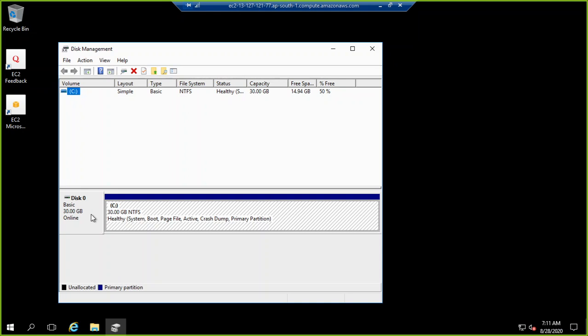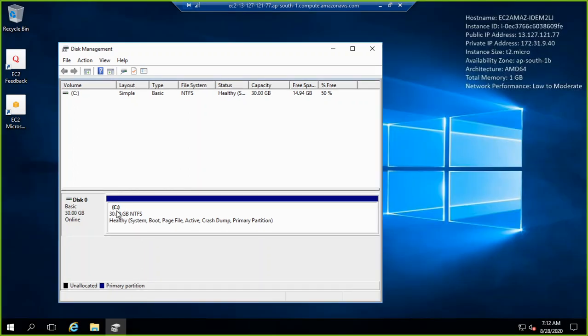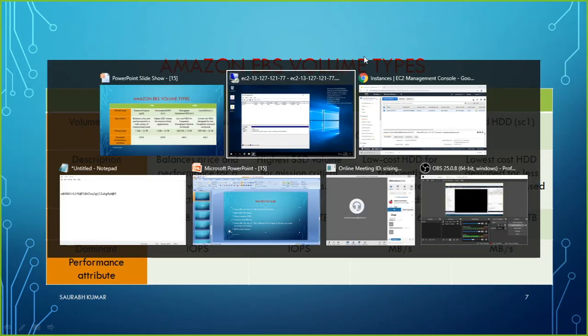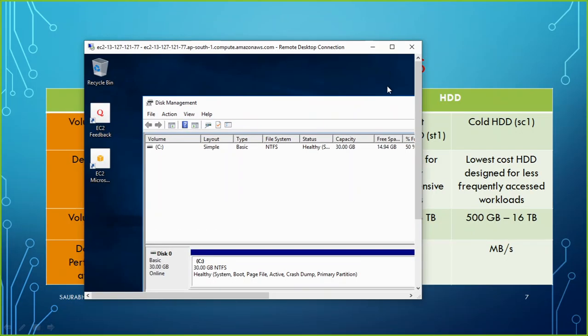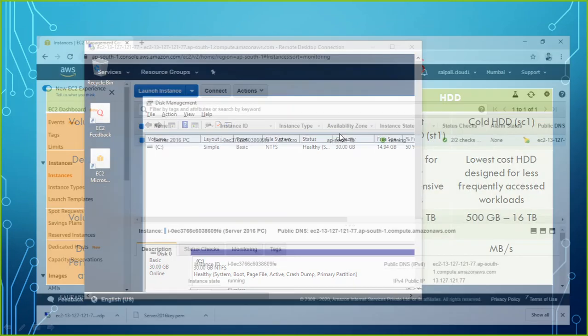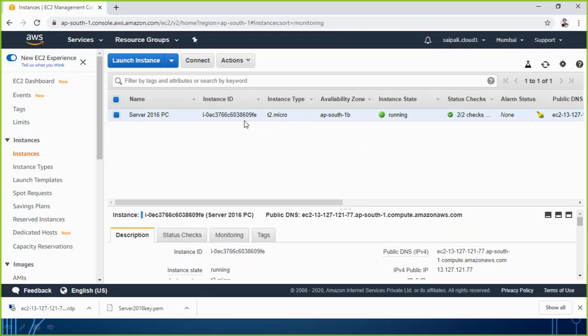And here you see how many hard disks are connected to this instance. One hard disk, with what size? 30 GB. This is the only hard disk connected to this machine, with a size of 30 GB. Why is it 30 GB? If you remember when I was creating the EC2 instance, let me show you from my console here. This is the machine we made.